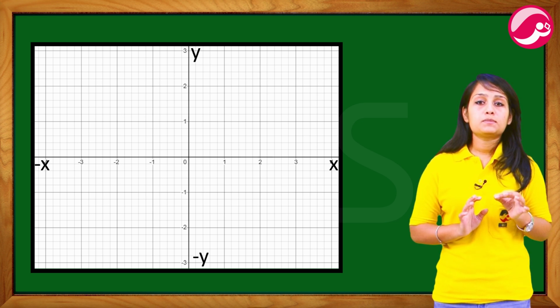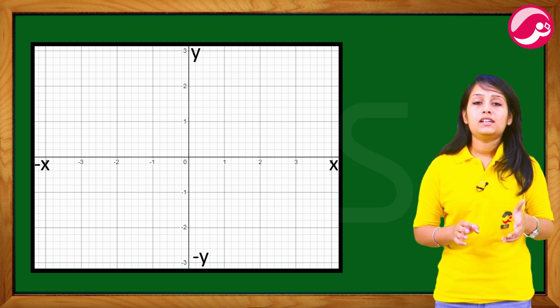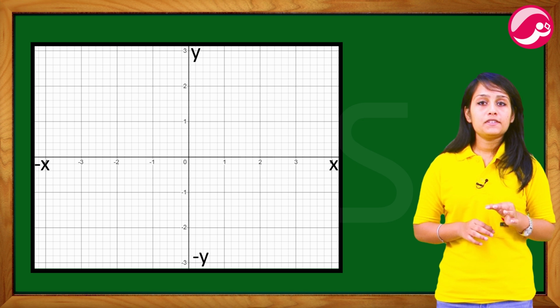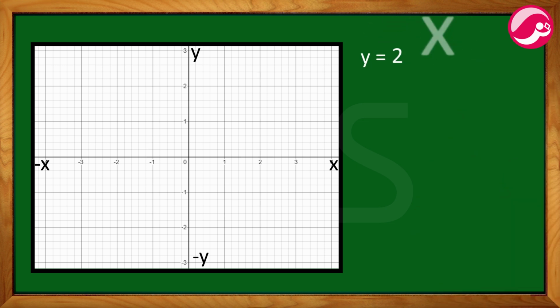These variables may be x and y or a and b or any other pair of variables, that doesn't matter. Suppose we have an equation y equal to 2x minus 3. If we were to take the set of all xy pairs that would satisfy this equation and plot them on a graph, we get a straight line, and this is the reason it is called a linear equation.